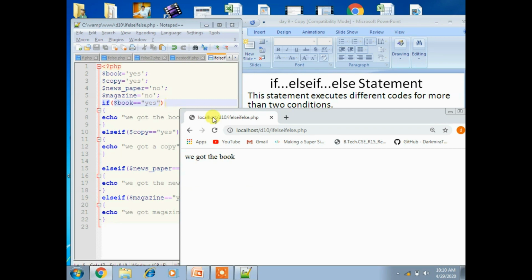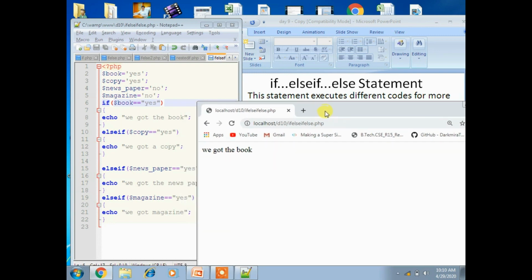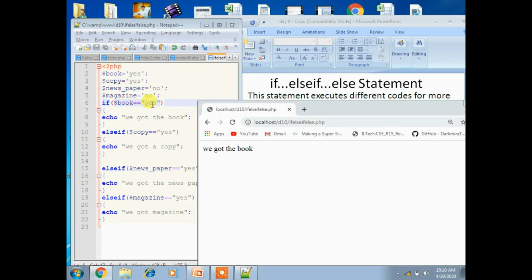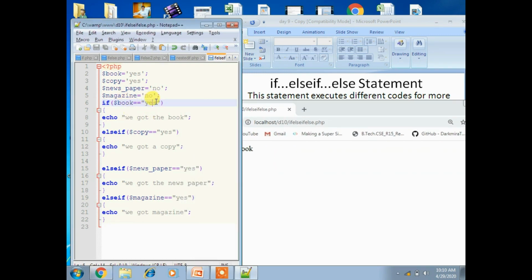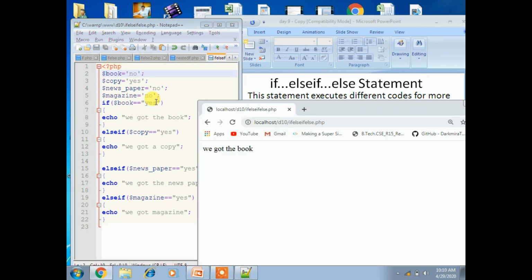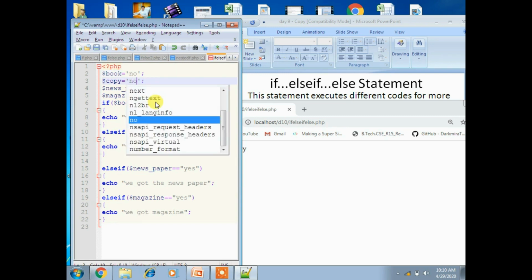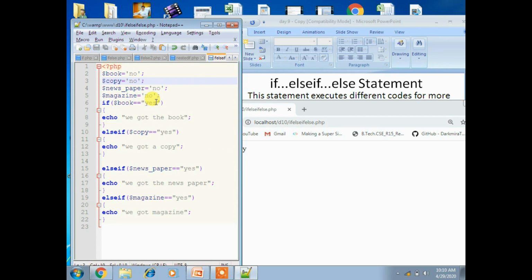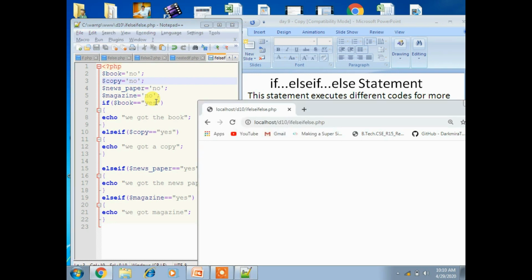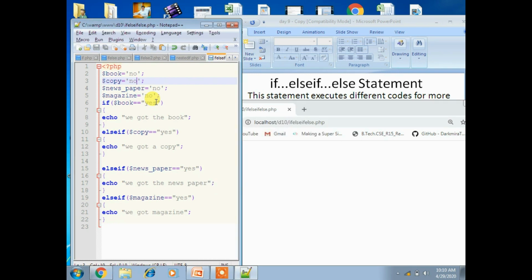Yes. So here the thing is simple. If book is yes, we got the book. If it is not there, then it will get copy. If copy also is not there, then the condition goes for nothing. So we have to write an else part, right?